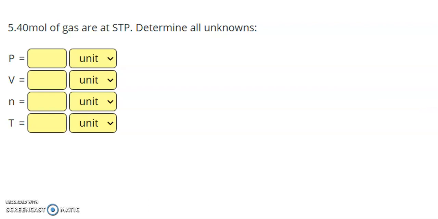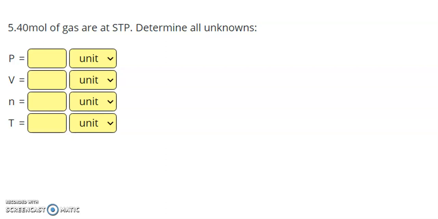This is the video for the preparation problems for the gas laws unit. The first question says 5.4 moles of gas are at STP. Determine all unknowns. So for this problem, we're going to find the value of each variable. One of them will not be given in the problem, so we'll have to pick the correct equation to find